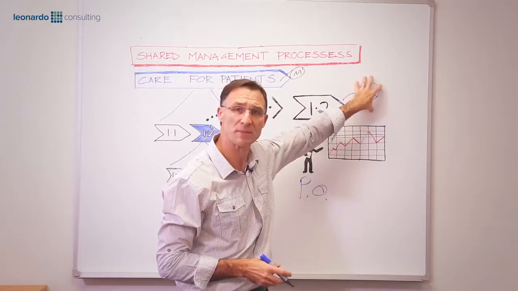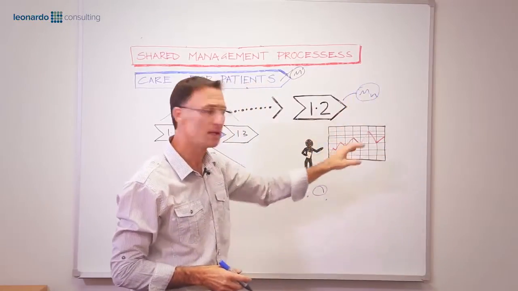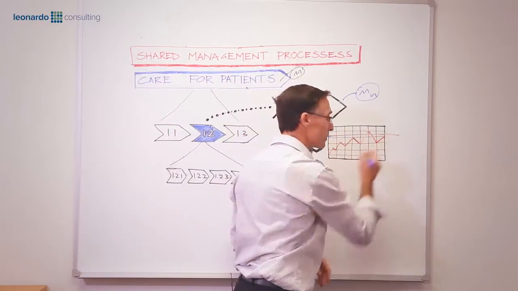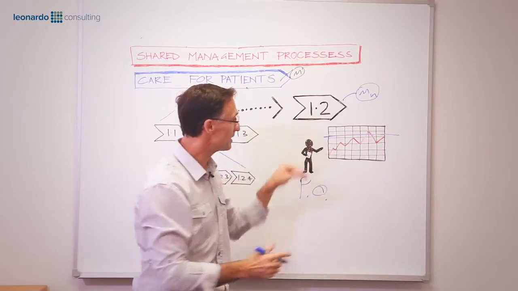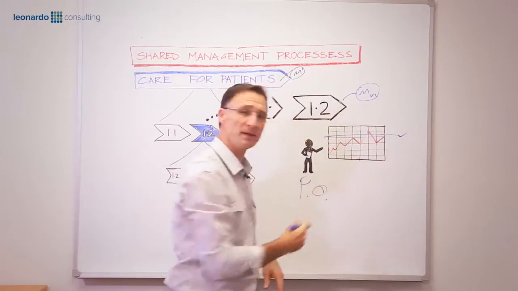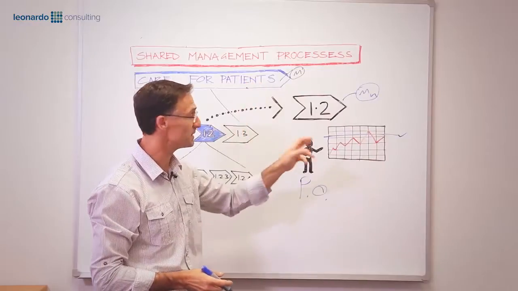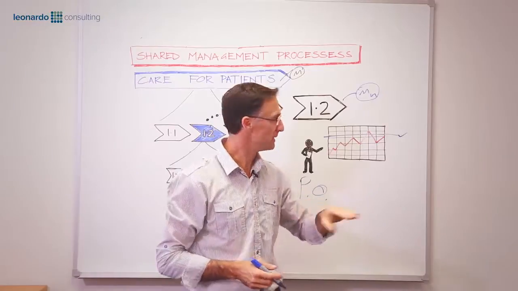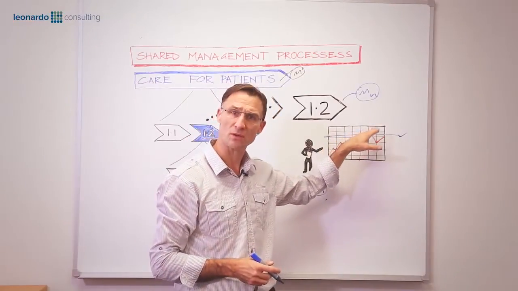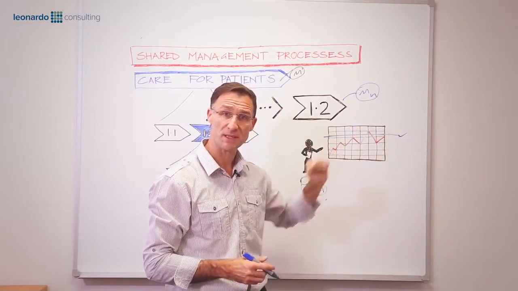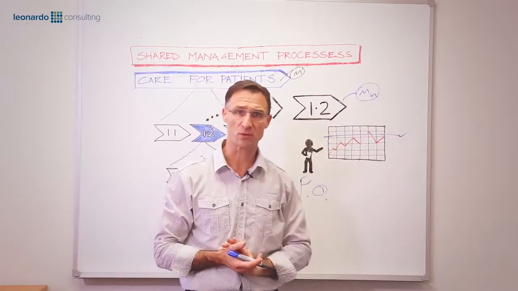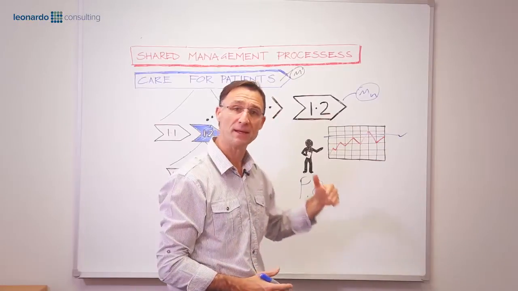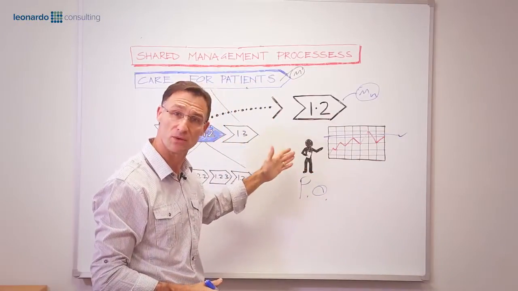Once he understands what that measure should be, he then sets a benchmark or a target at which the actual process should be performing. Once he knows that, he starts to monitor that process to ensure that it is performing according to how it has been designed. And if it goes out of the control for which it's supposed to be achieving, he needs to respond accordingly. He needs to determine what needs to be done,